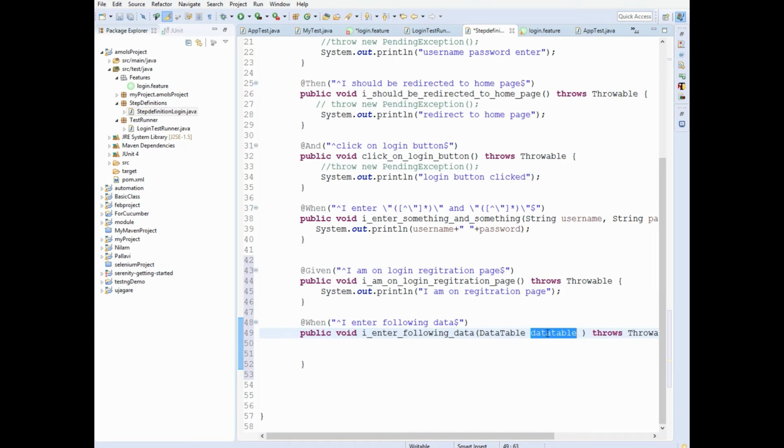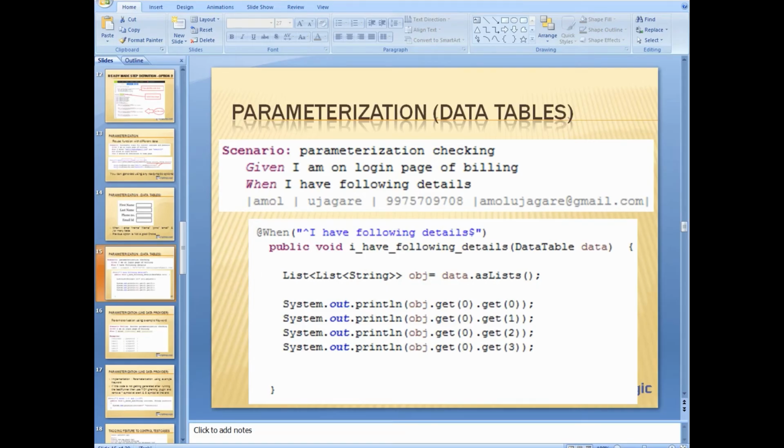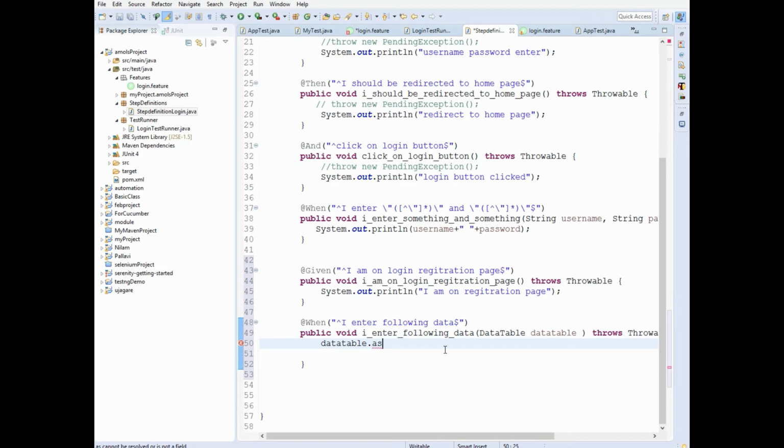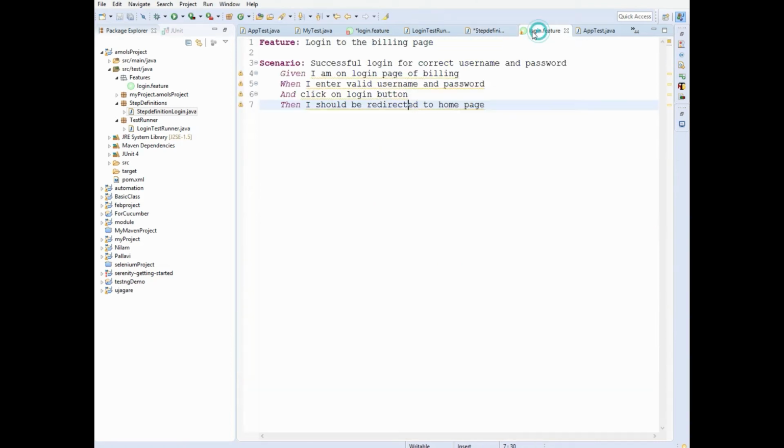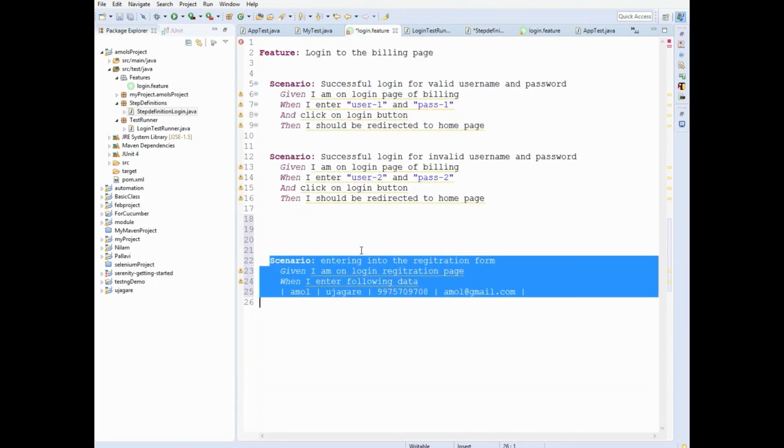Okay. So now we will convert this object. Actually, this is a kind of list. We will create a list like this. This is a two-dimensional list. Okay, dataTable.asLists. So this will return a two-dimensional list, wherein this list has only one row, like this.